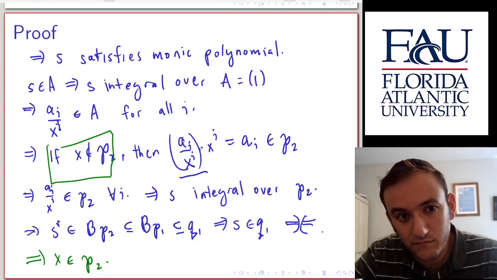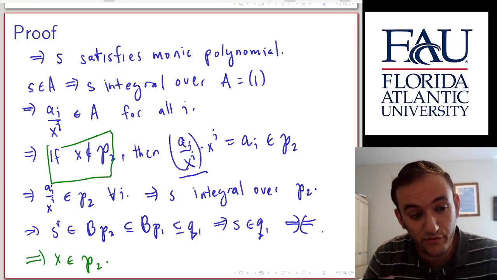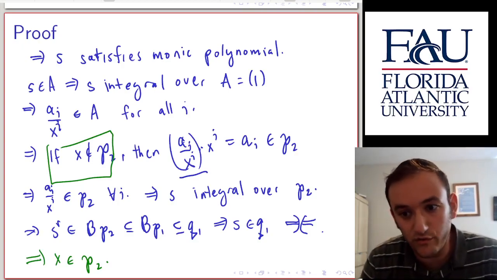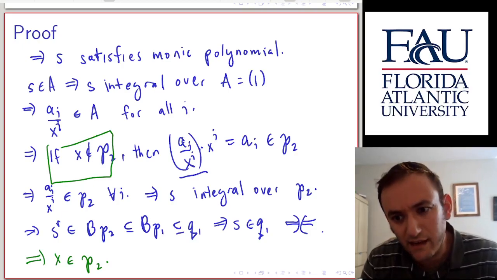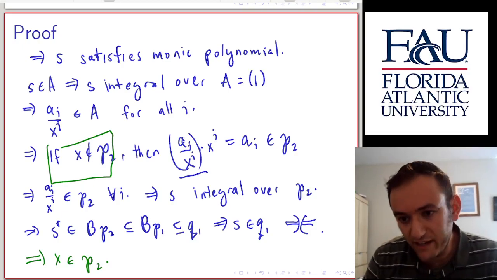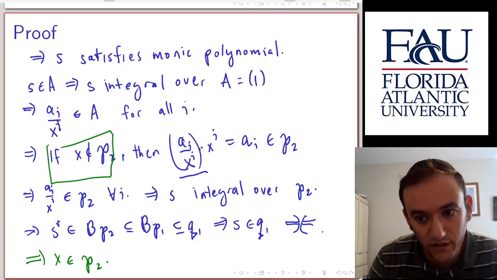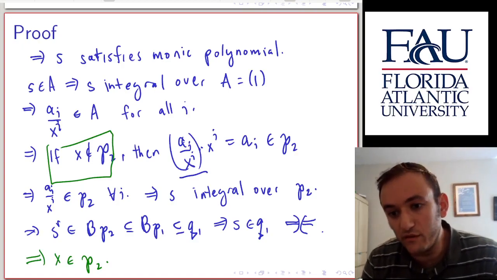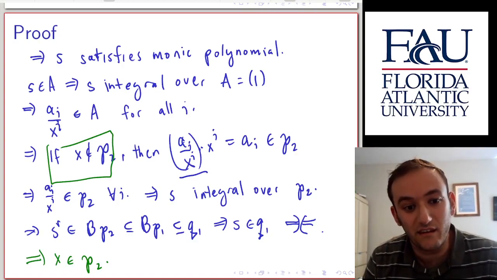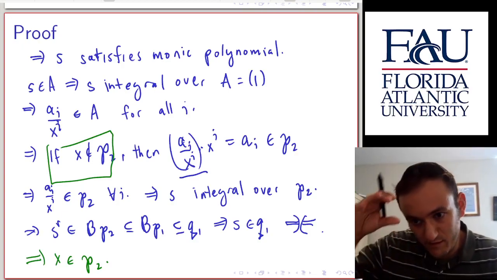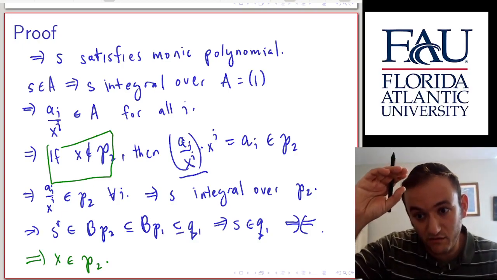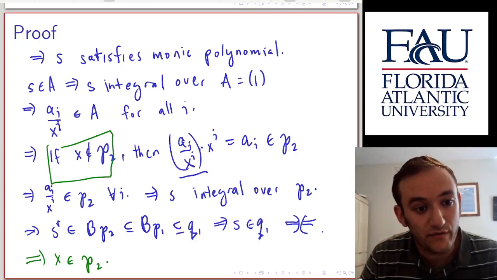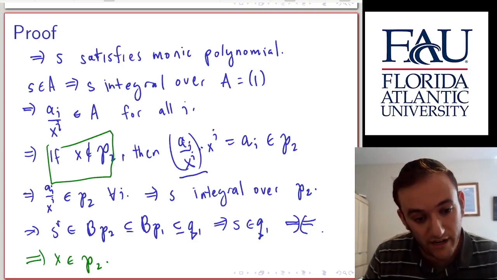Okay. Key part of this proof throughout was the notion of being integral over an ideal. Right? We needed that concept in order to find the monic polynomial with coefficients all in our smaller ideal P2, so that we could confirm that the larger ideal has the smaller ideal in the extension of the ring B has the right intersection with the smaller ring. So that's why we introduced this concept of integral over an ideal.